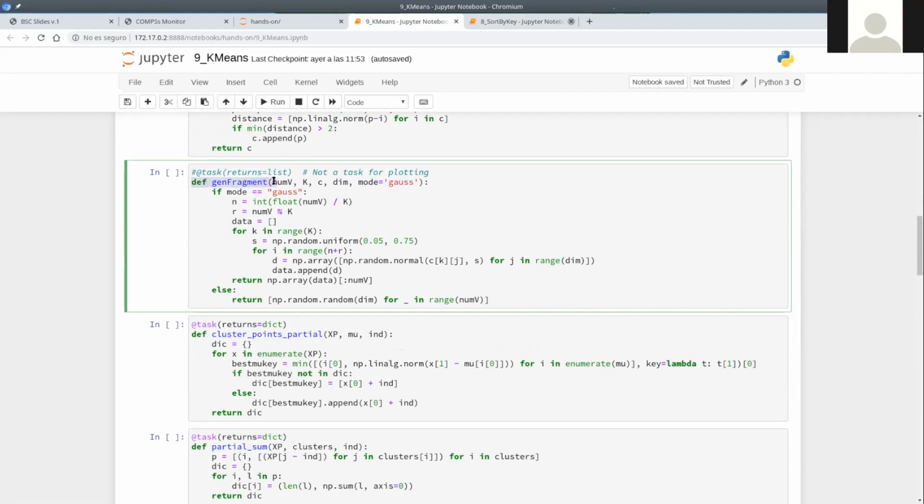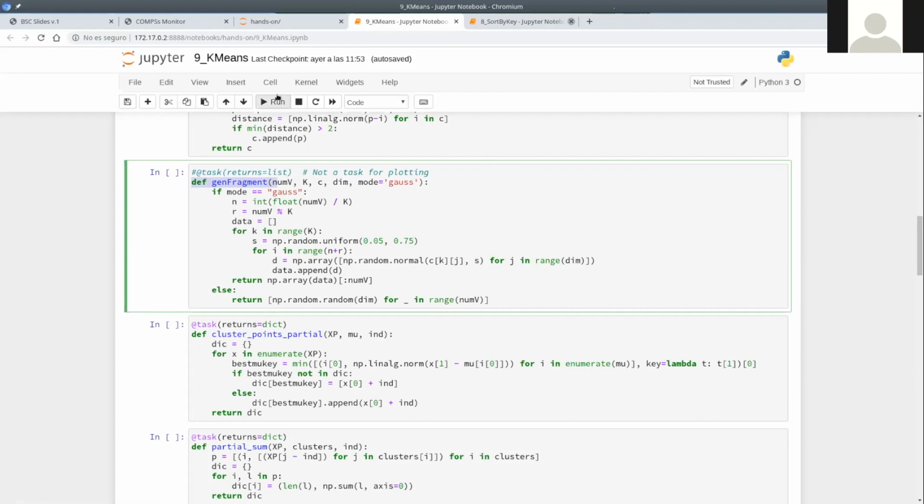This function could be considered a task, but it hasn't been defined as a task because we want the points to be in the master so that we can plot them nicely and see the